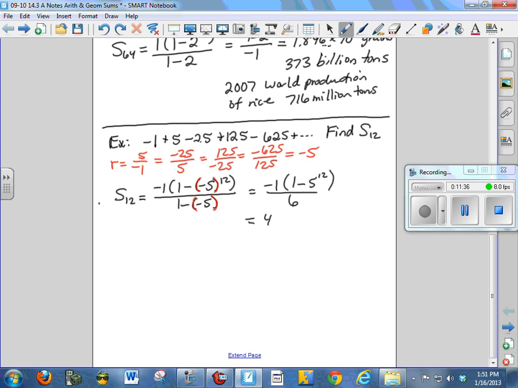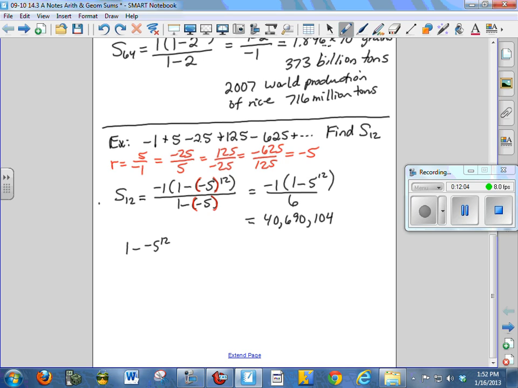The correct answer is 40,690,104. Now, if you had carelessly put it into your calculator as 1 minus negative 5 to the 12th,